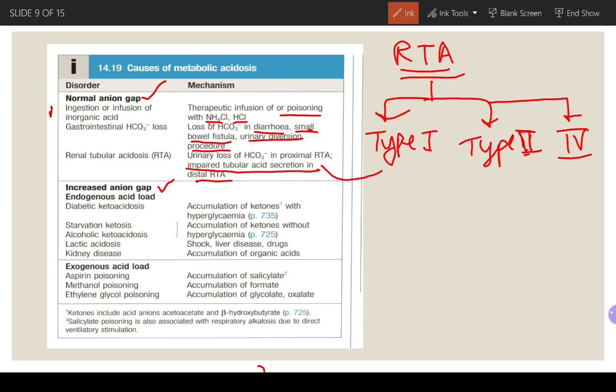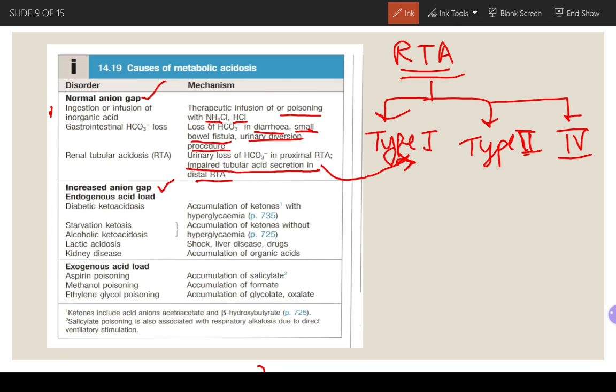So this is called the type 1 RTA. Why is there acidosis? There is a problem in the distal tubular acid secretion. As we saw the mechanism, when there's an impaired tubular acid secretion, there's acid accumulation back in the bloodstream,